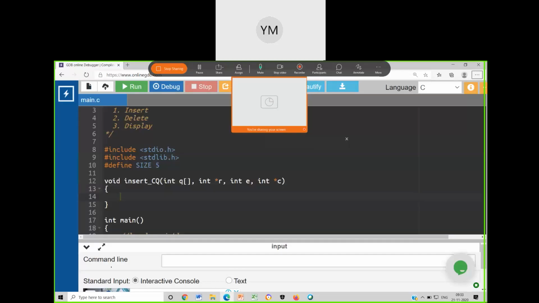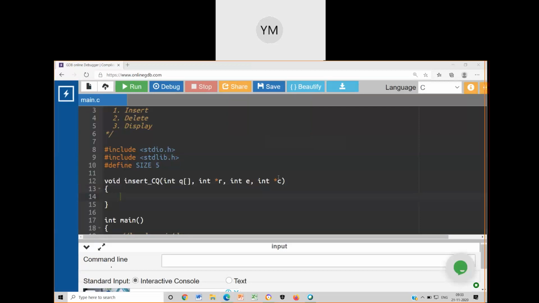Let me unlock the meeting. I have forgotten today. Okay, can anybody comment? What is the line of the code that I need to write? I'll wait for your answer. I want to insert the new element.